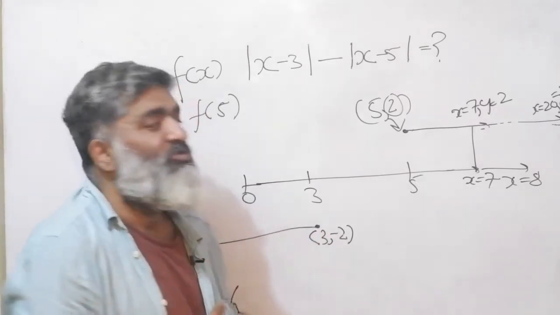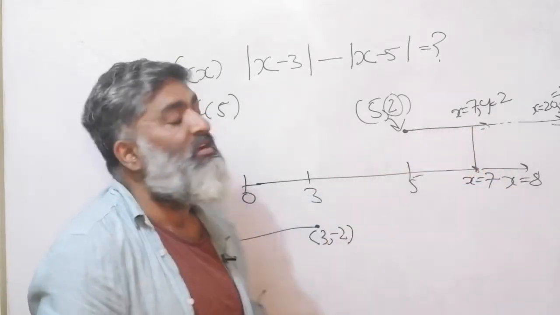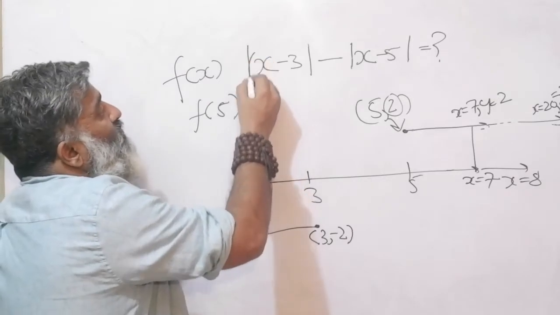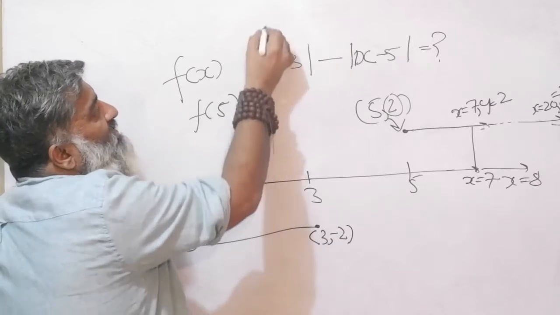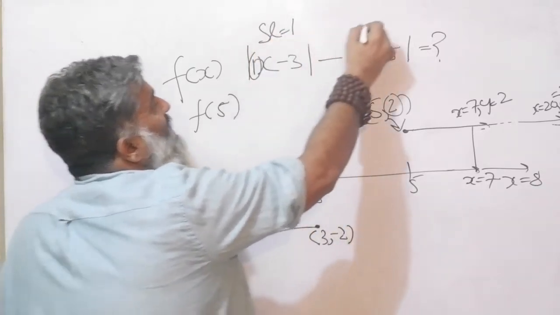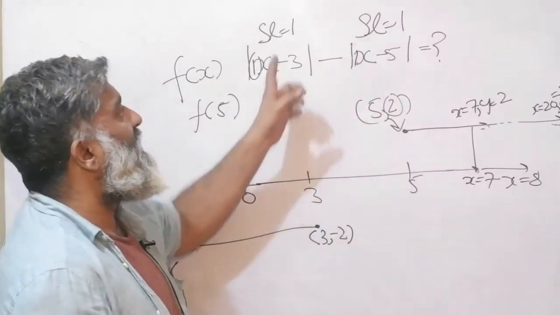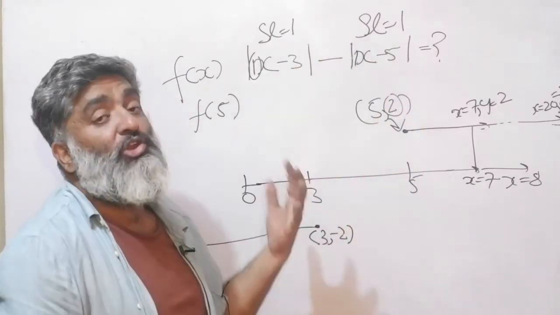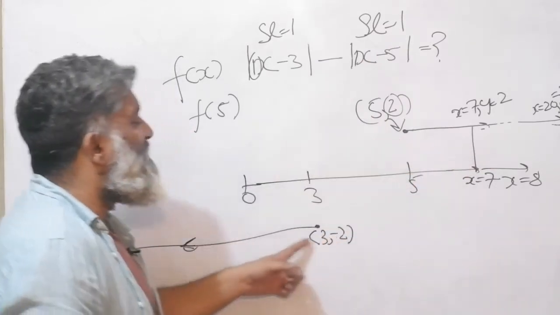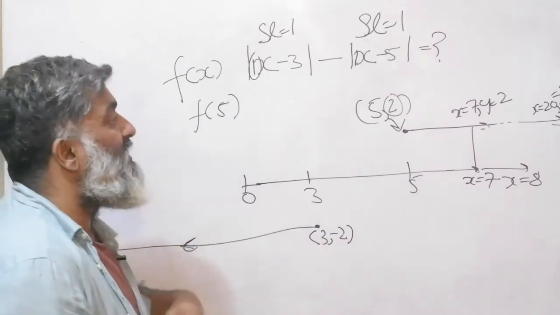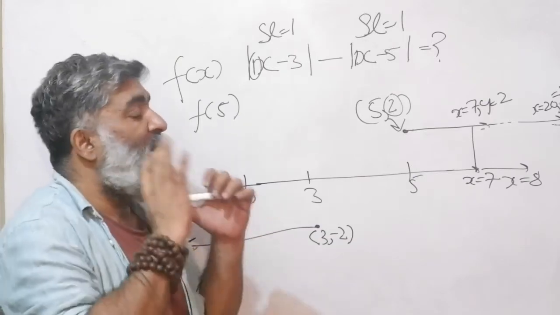So now the question would be, what did I observe? How could I say that this value will remain constant? The observation was here. What is the slope here? This is 1x and this is also 1x, right? So the slope for this part was equal to 1. The slope for this part was also equal to 1. So as a shortcut I looked at 1 minus 1, the slope becomes 0. A slope of 0 means a flat line, and the same thing here, a slope of 0 means a flat line.